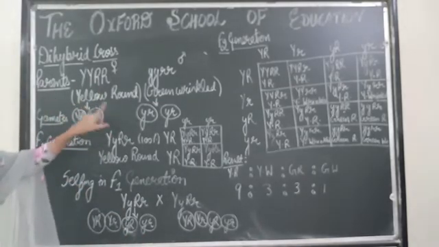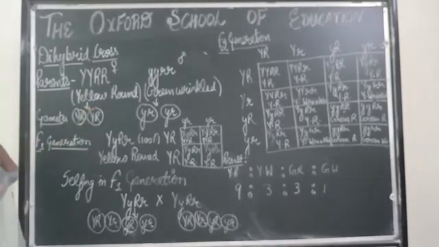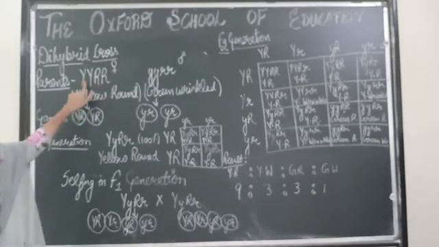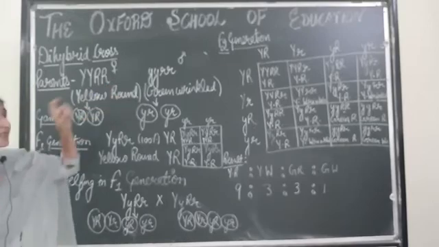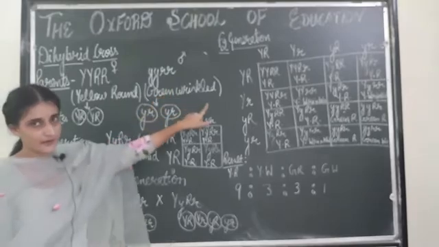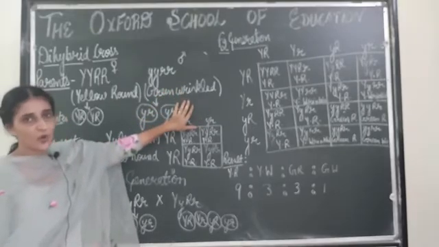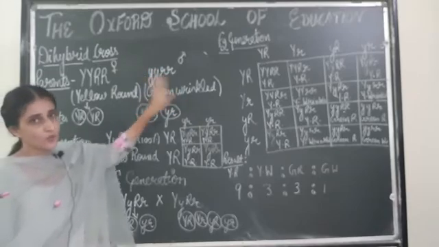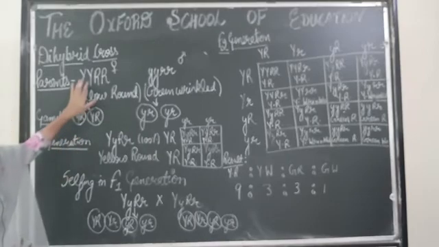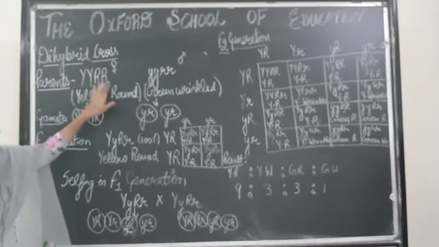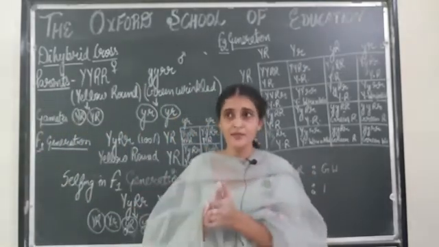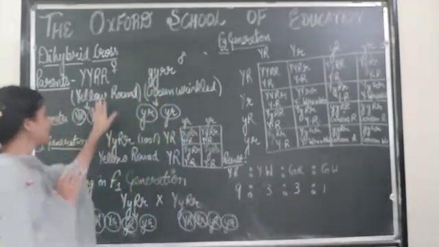That means I have removed the male flower from this plant. In the first case, you may see I have used capital letters, that is capital Y, capital Y, capital R, capital R. That means yellow round is dominant over green wrinkled. For green wrinkled, I have used small letters, that is small y, small r. So yellow round is the phenotype, whereas capital Y, capital Y, capital R, capital R are the genotypes. Phenotype simply means the physical appearance, whereas genotype means the study of genes.